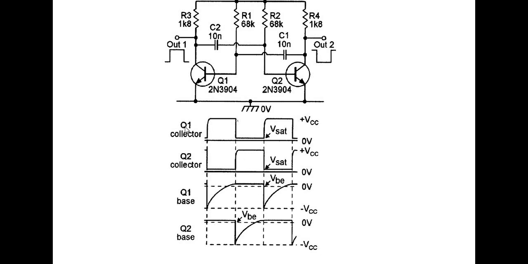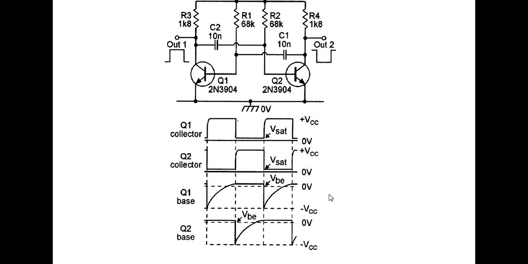Now let us talk about the Q1. Initially Q1 is on, which means output is approximately 0. Now look at the base of the Q1 during this on time. When and only when the base is positive, meaning 0.7, only then will that particular transistor be on. So if Q1 is on, Q2 is obviously off.